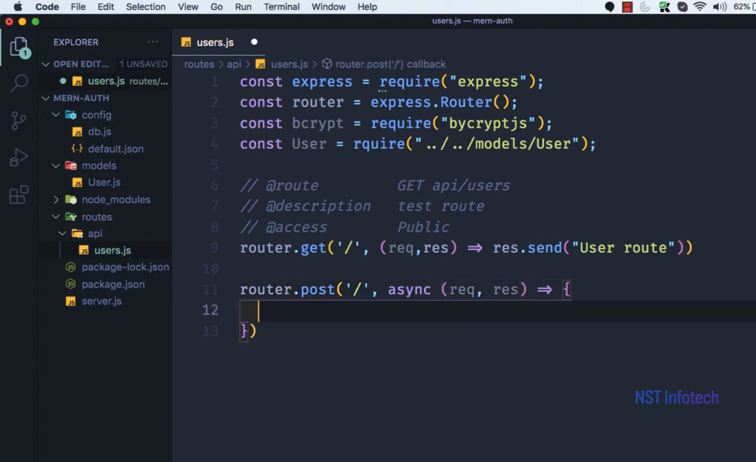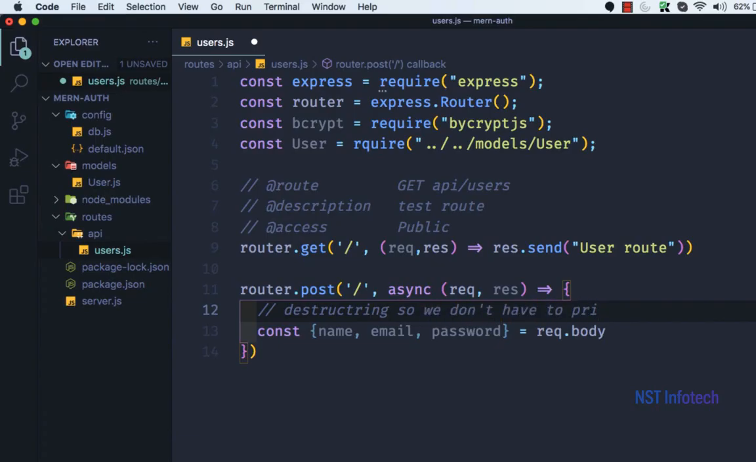And inside this arrow function, we need to destructure name, email, and password from request body. So const name, email, and password, and we are destructuring this from req.body. Okay, and let me add a comment here, destructuring, so we don't have to prefix with req.body. Okay,